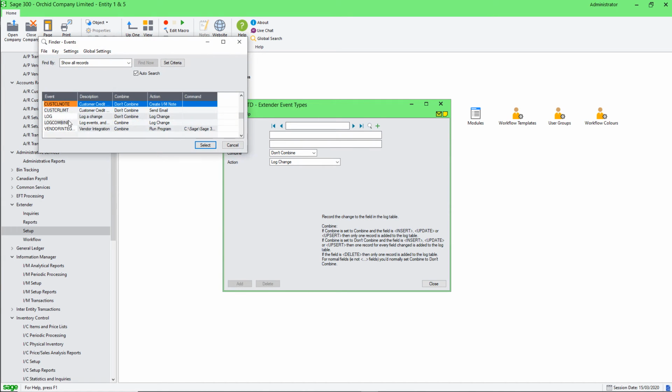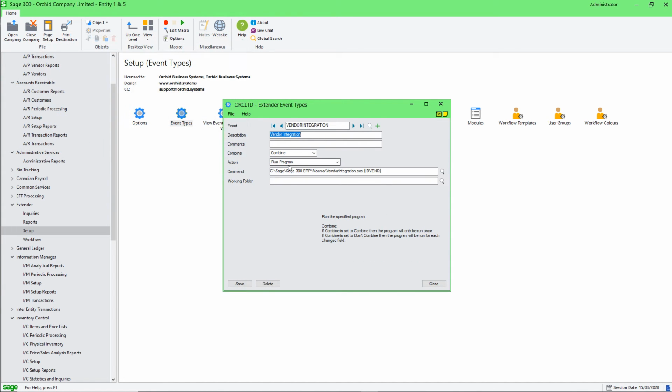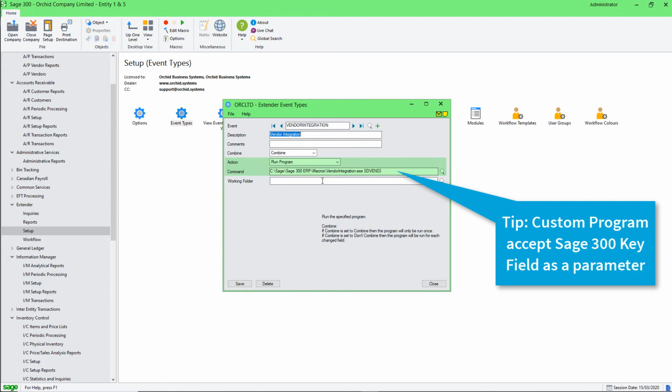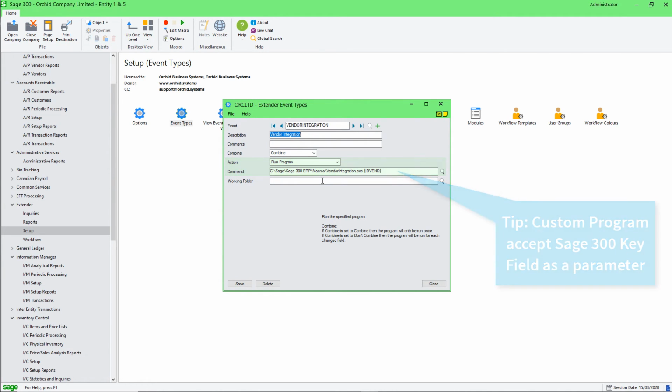First, we create an event of type vendor integration. We configure it to combine whenever a few fields change on the particular record. We only call the program once, and the action is run the program. Program is a program called vendor integration.exe. In many cases, it's a .NET exe that we put somewhere on the Sage 300 server, which accepts as a parameter the vendor ID. And then, based on that vendor ID, it pushes details to a cloud-based expense management system,